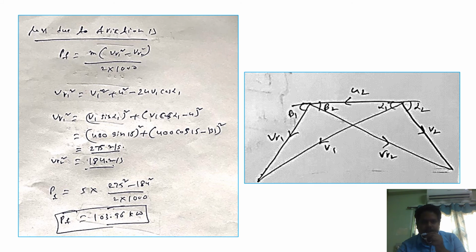They also asked in the problem for losses due to friction. For example, this is a blade. When steam flows over the blade, due to friction there will be losses. This is VR1, this one is VR2. If you neglect the friction, VR1 will be equal to VR2. This was explained in one of our previous classes. If there is friction, the equation is